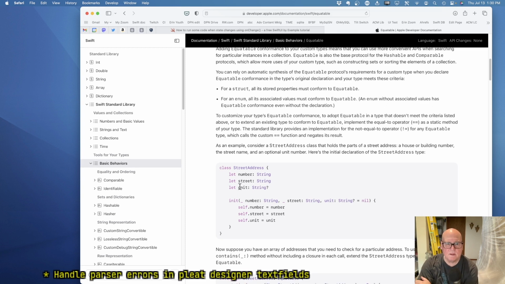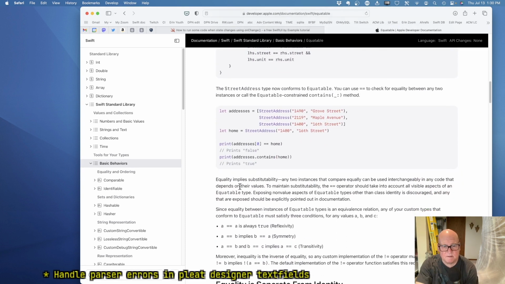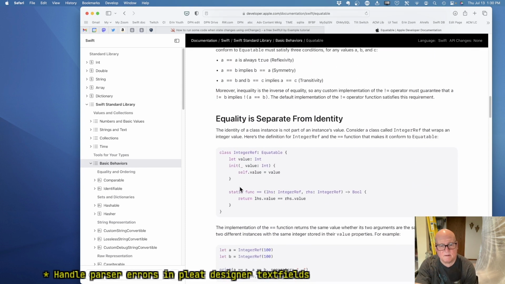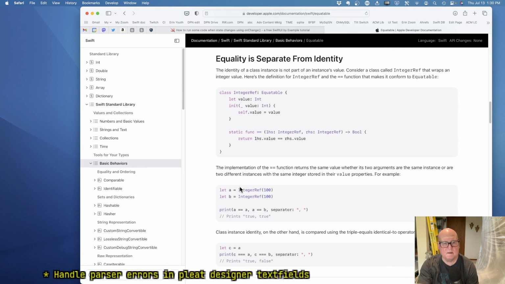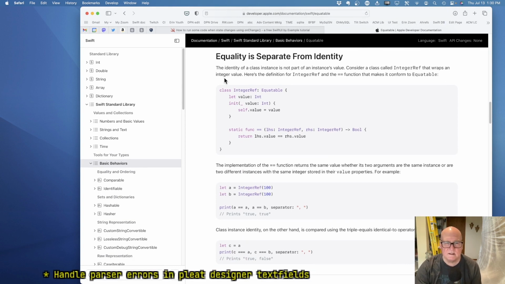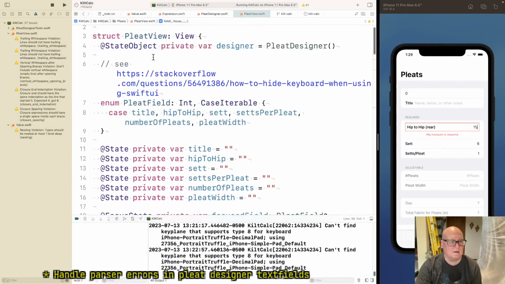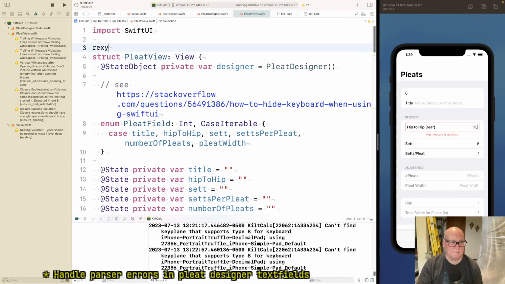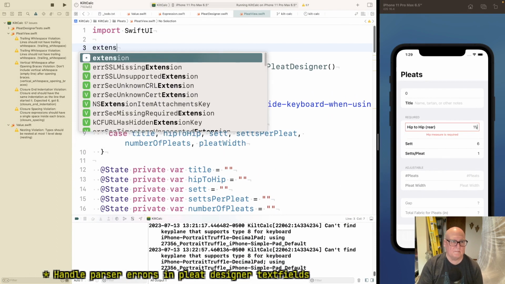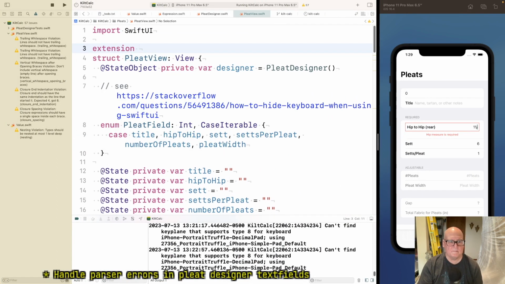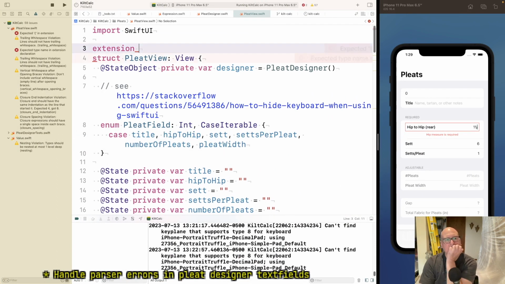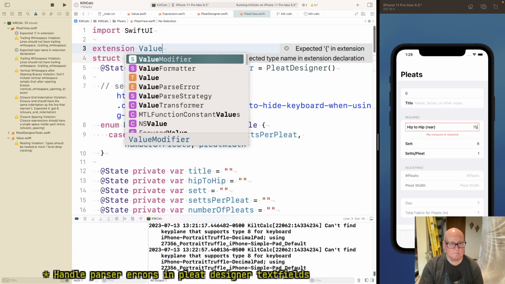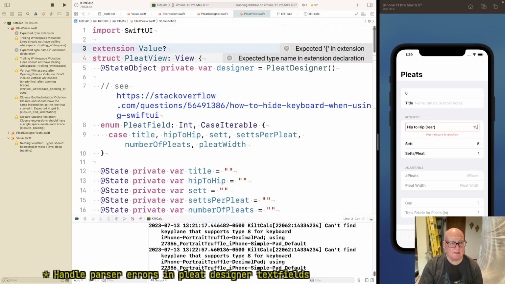For a struct, for an enum, can I say extension value question mark?